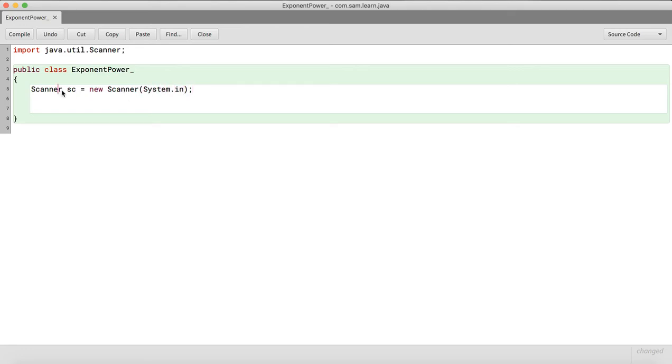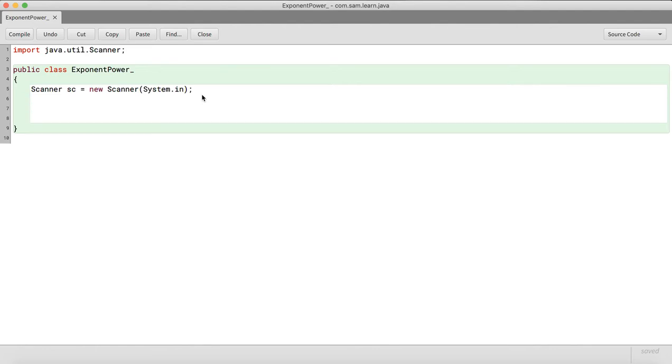What I just did here is create a new Scanner object using the Scanner constructor, and now this object will scan whatever I input from the keyboard, not just numbers but characters too, depending on what you set the method as. So now that we have a scanner, I'm going to create a new variable,